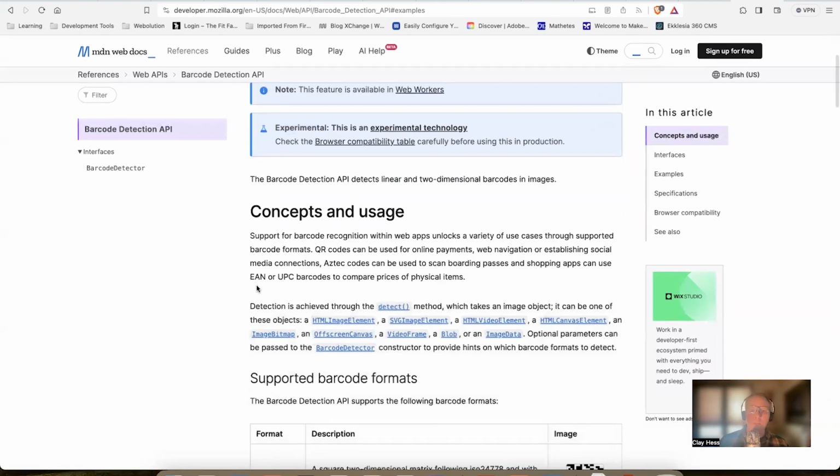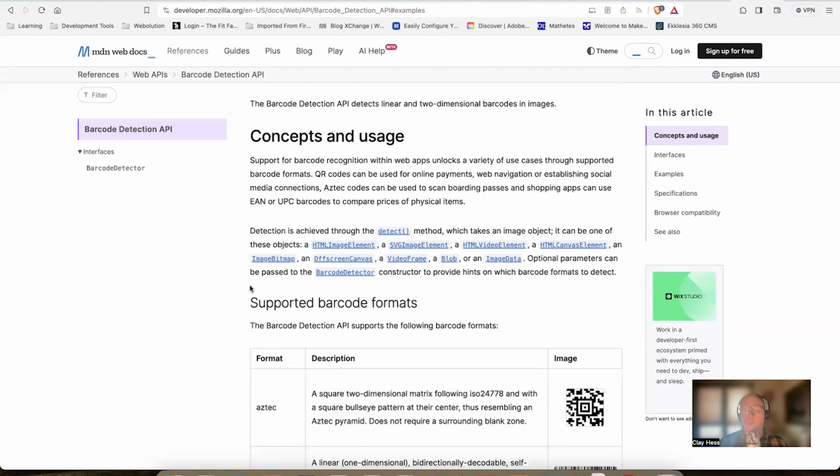So I would again encourage you to go through and read through the documentation on the Mozilla Developer Network. And as it is pretty good documentation, as I've said previously. But basically, what the barcode detection API is, and I'm going to take a real quick sip of coffee, that allows you to utilize things like different sorts of UPC codes, barcodes, QR codes, things like that, and integrate